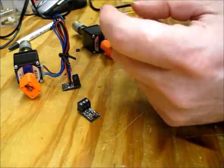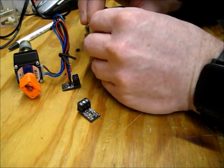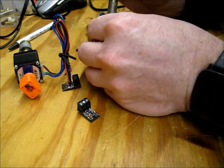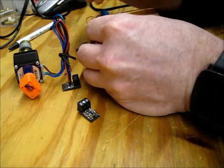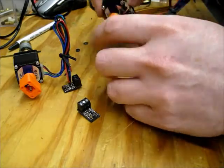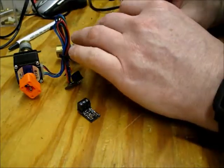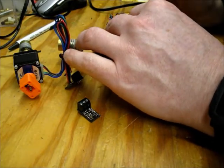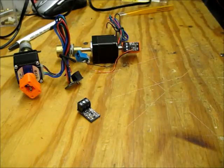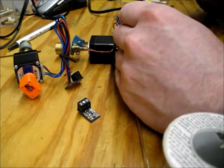So there I filled that corner hole all the way through. I can line up those 2 pins, heat this pin, and hopefully it will just set down just like that. Oops, just like that. So this top corner pin is all soldered and finished. I'm just making sure it's nice and flush. Okay. Now it's just standard soldering on the other pins, just making sure you keep the heat